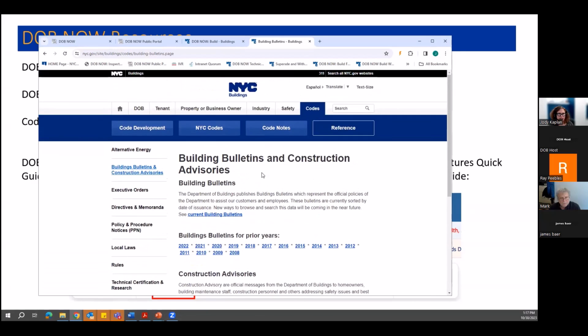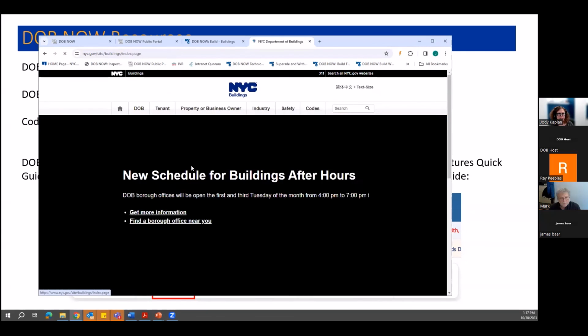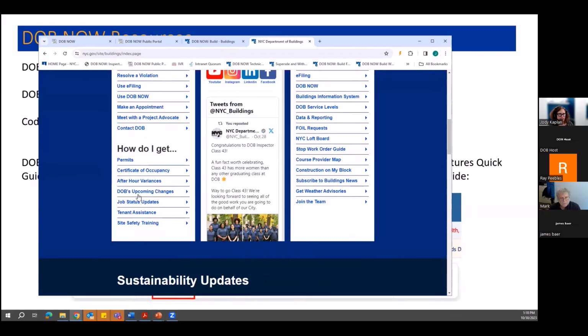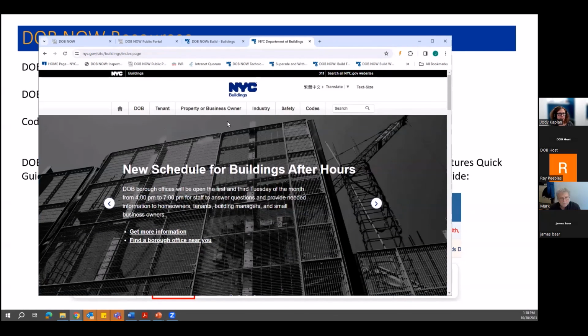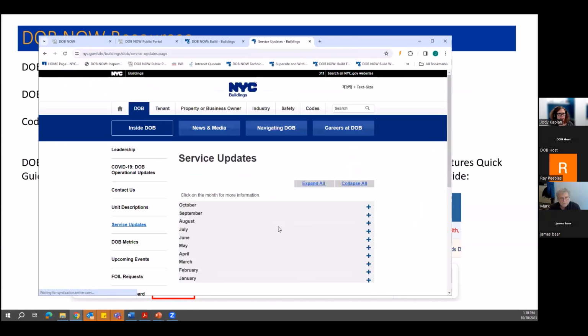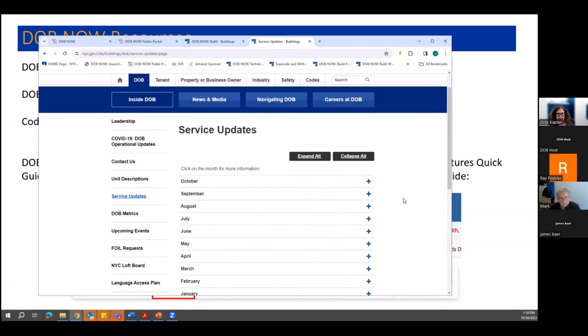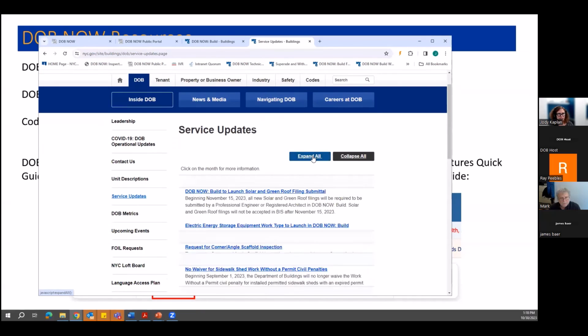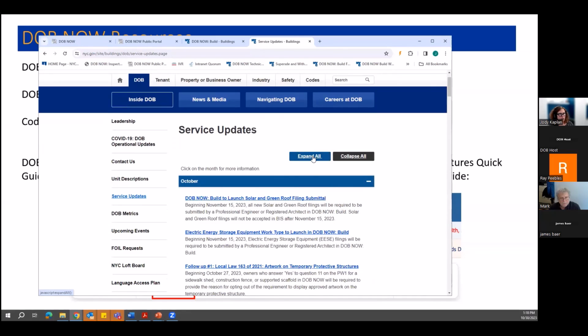The other thing that I wanted to show you is how you can get to service notices. So service notices is over here under upcoming changes. So if you're on the front page of DOB Now's website and you go over here to upcoming changes, then you can see all of the service updates. And then if you're trying to find one and you're having trouble, you don't remember when it came out or whatever, you can do this expand all and then